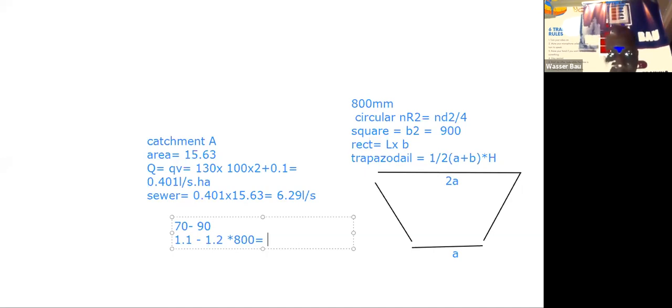Am I right? So 14.06 is the area. So the true impervious area will now be multiplied by 0.37, and that will give you